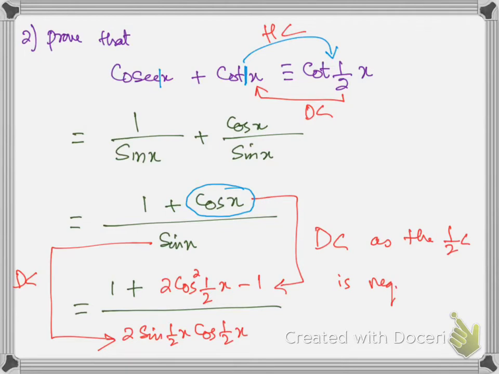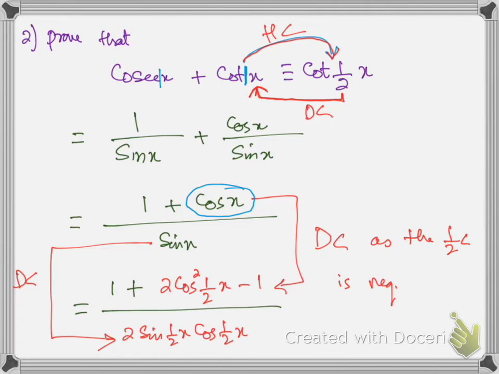Identity number 2. This is one of the most important identity because normally people don't understand. They have to use cos 2 theta double angle formula here. They can understand this thing by observing this angle. Since the angle is half here, the half of 1 is half, and if you go in the reverse way, this is double angle. So in this case you must use double angle formula.